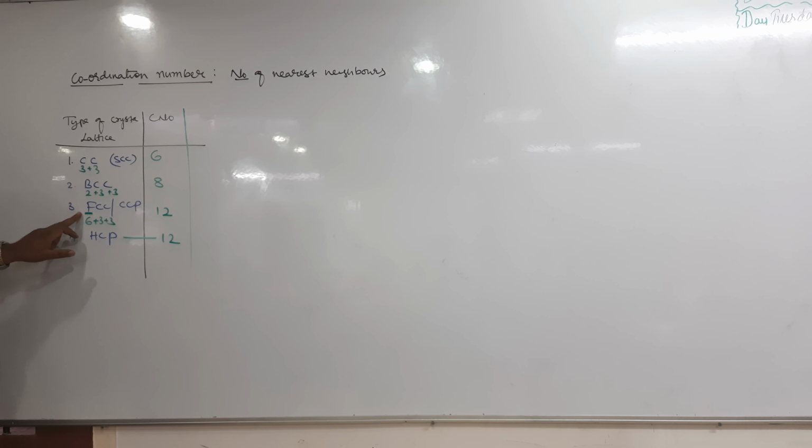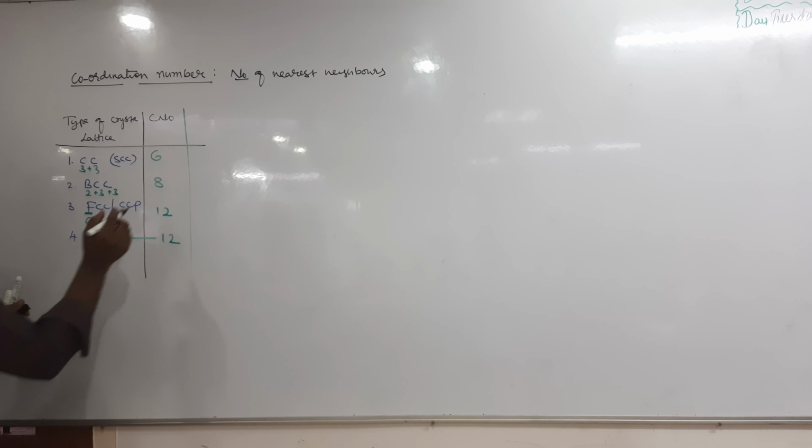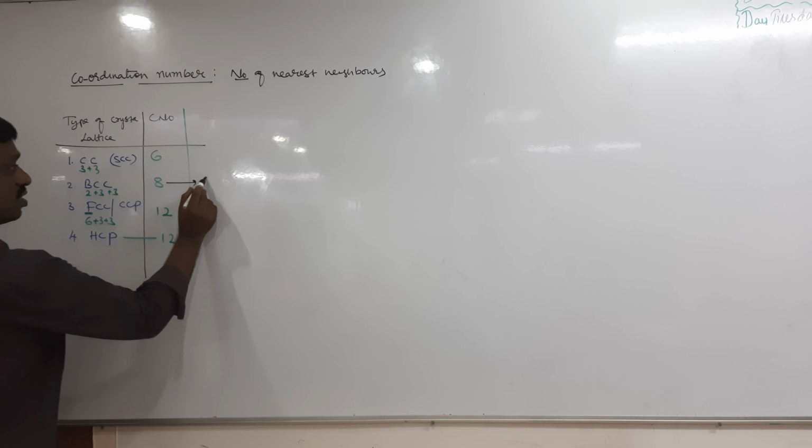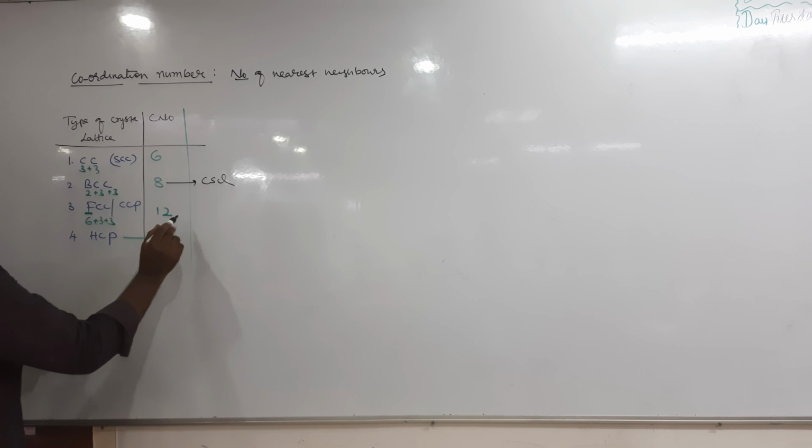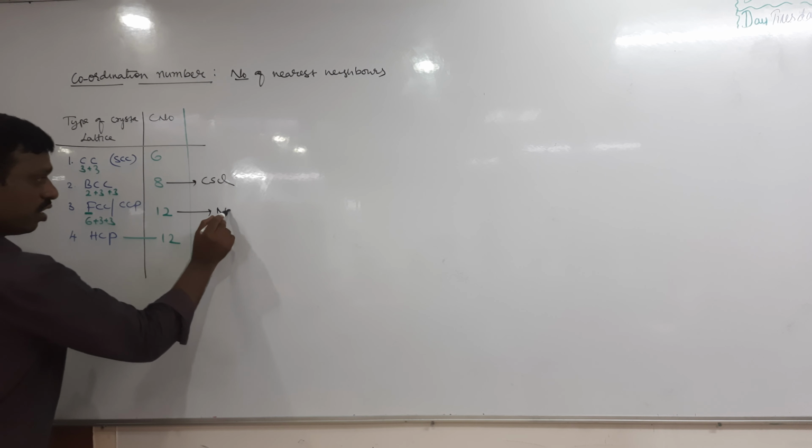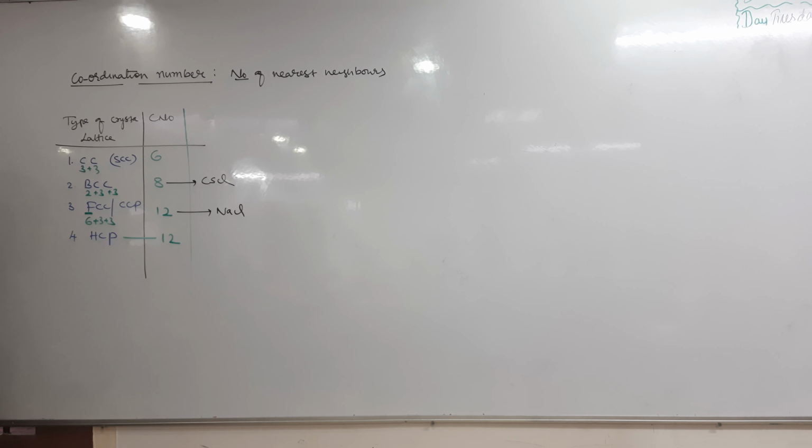Next, FCC. And moreover, the most important examples are for BCC, it is cesium chloride, and for FCC, sodium chloride. That also you have to remember. BCC cesium chloride, FCC sodium chloride. Okay. Next,